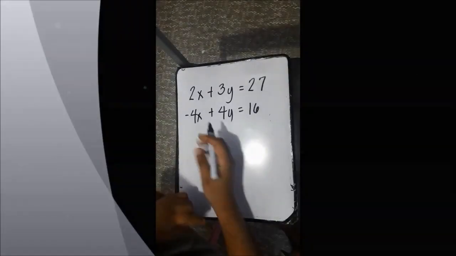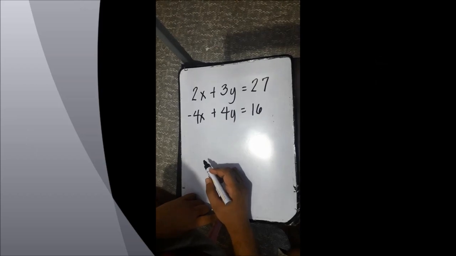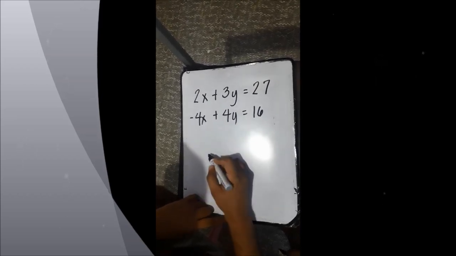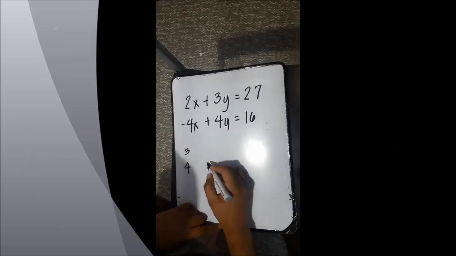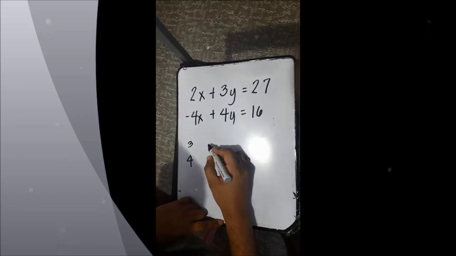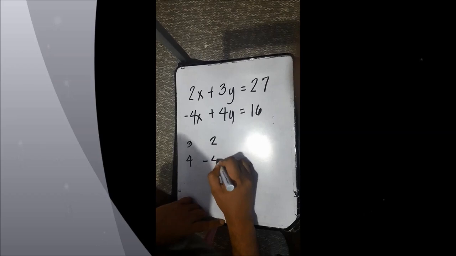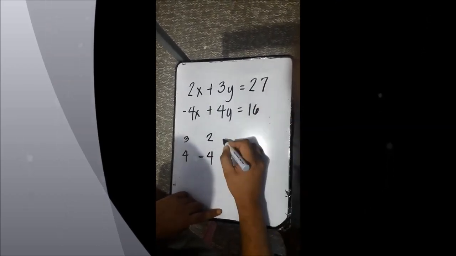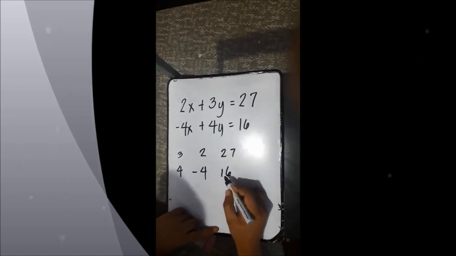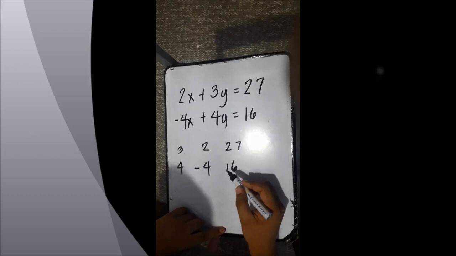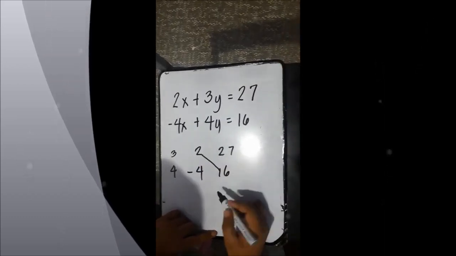To solve for y, I'll be reversing the coefficients. So I'll be writing at the far left side the coefficients of y. So I have here 3 and 4, and here would be the coefficients of x. So that would be 2 and negative 4, and still I will be copying the constants, which are 27 and 16. And I'll be doing the same cross multiplication. I'll be multiplying 16 by 2, so that gives me